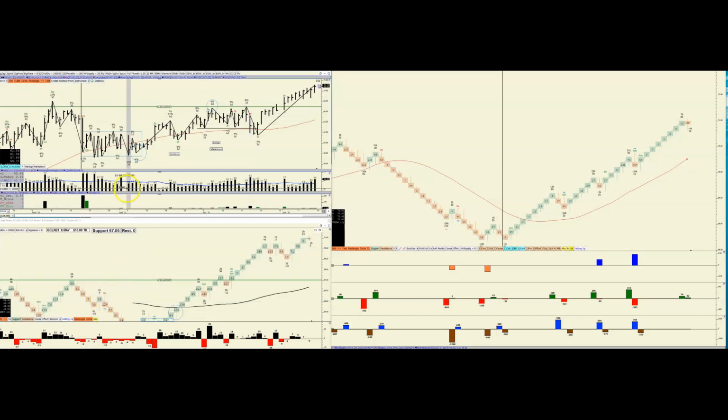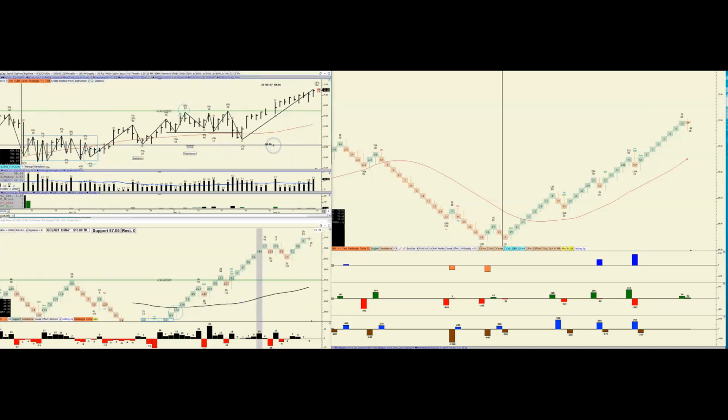All right, so I'm just going to quickly review these two markets. The first one here is crude, and you see this is the breakout right over here. When is that? 6/1. So June 1st was the breakout. I'm looking for a test of the breakout, and it took out multiple